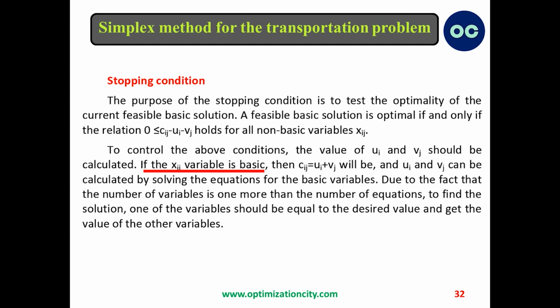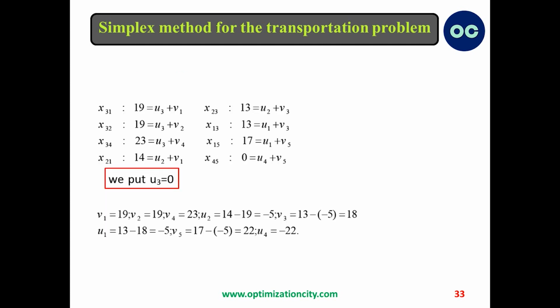If the variable Xij is basic, then Cij is equal to Ui plus Vj. We can calculate the Ui and Vj by solving the equations associated with the basic variables. Because the number of variables is one more than the number of equations, is a very important point. Finding the solution requires setting one variable to a desired value, for example 0, and obtaining the values of the other variables. So to illustrate this, let's consider the basic variables here: x31, x32, x34, x21, x23, x13, x15,